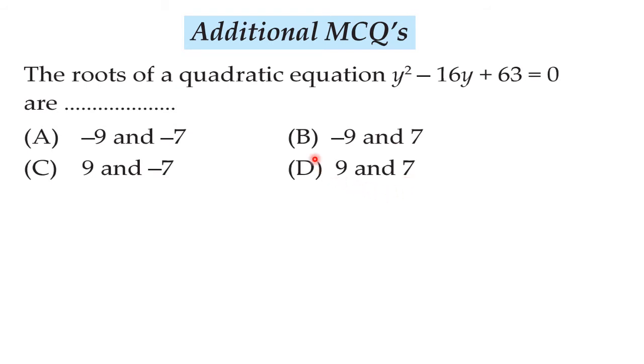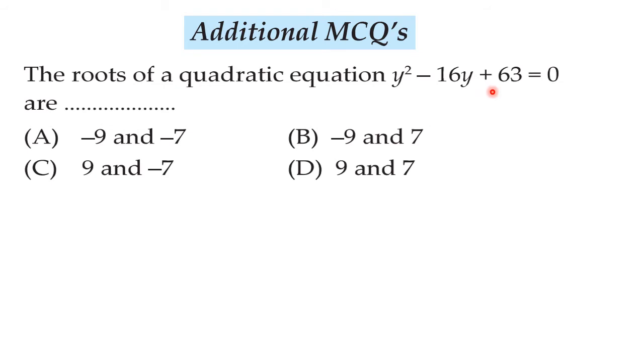Okay. So here, since we are going to follow the factorization method, you have to observe the last term. The last term is positive. That means the middle term can be split in such a way that both the numbers have the same sign, either positive or negative. That means either both roots are positive, or both are negative. So we can discard options B and C, because here one is positive, one is negative, which is not possible in this case.